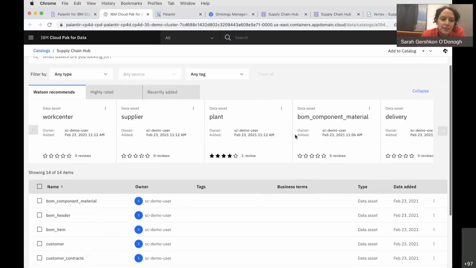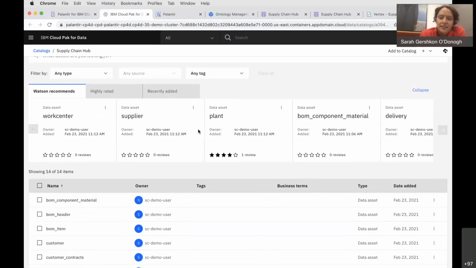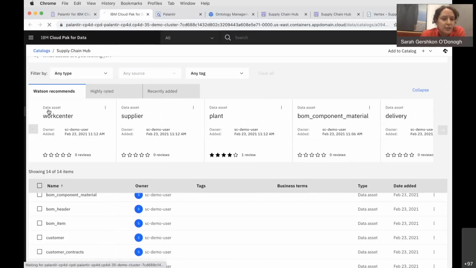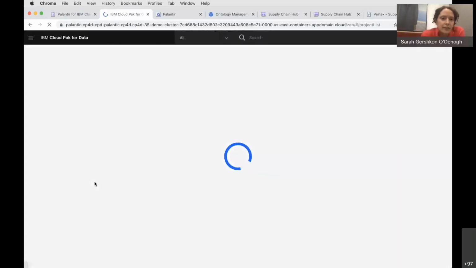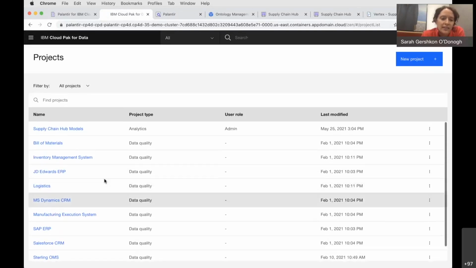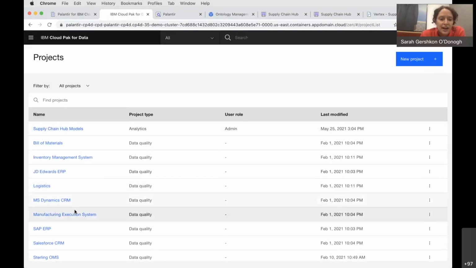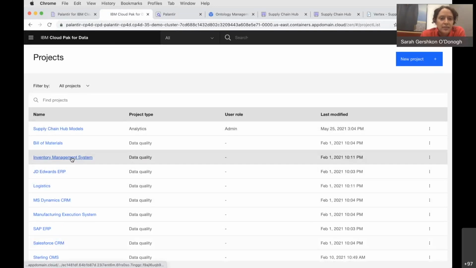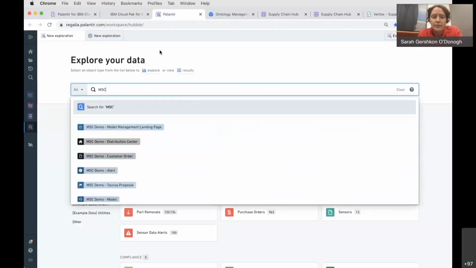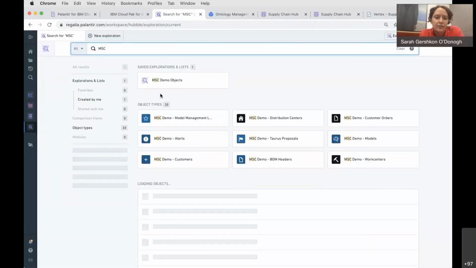And you can see we've got a number of different data sets or assets here that comprise all of the data that backs our solution. And it's not the focus of this demo, but you can imagine there's a lot of data quality and data processing work that goes on behind the scenes, pulling from different kinds of source systems, as you see here. On the Palantir side, what we're doing is taking those data sets from the catalog and transforming them